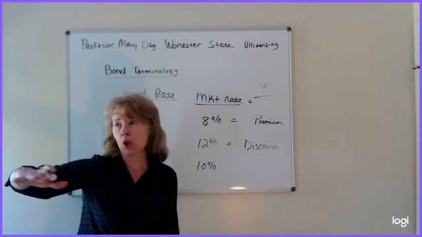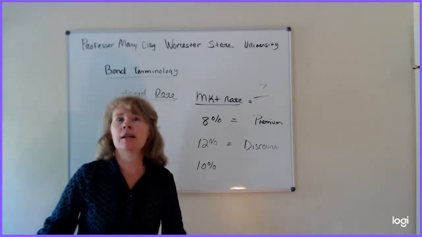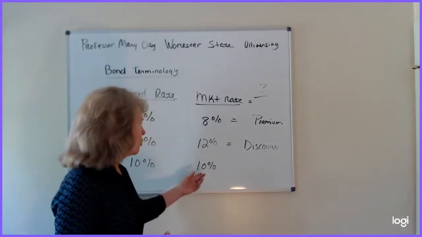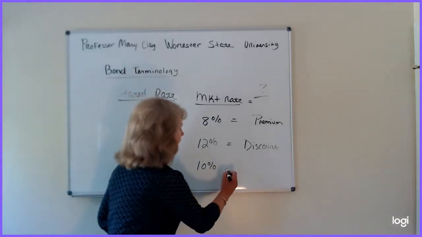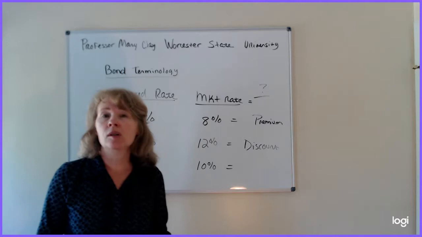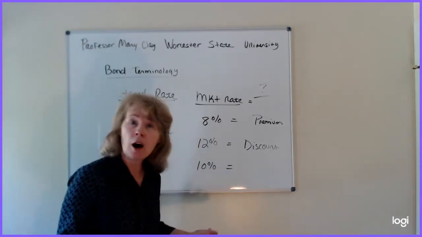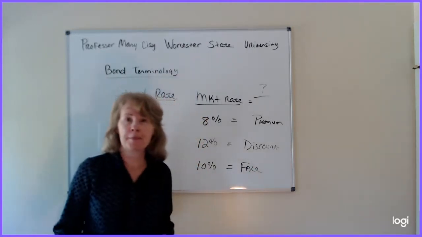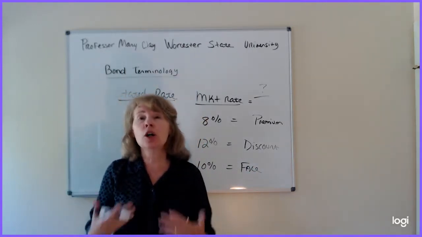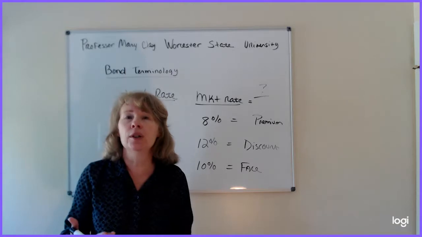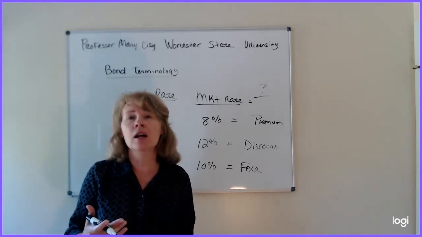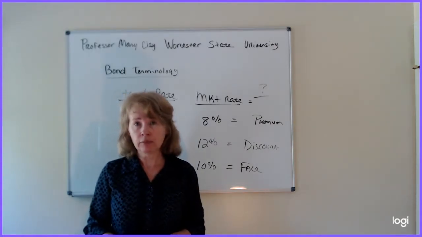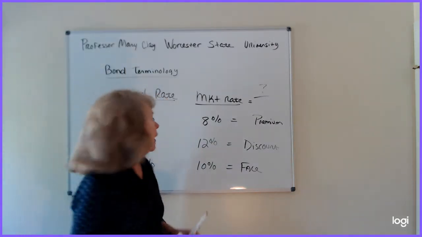By the time it goes through the different departments to bring the bond out to market, it's timing, so it's normally changed. But if it's exactly the same, this bond will sell at face value or par value. Okay? So that's how you can determine before you even do a transaction whether the bond sold for a premium or a discount. This next area that I'm going to show you